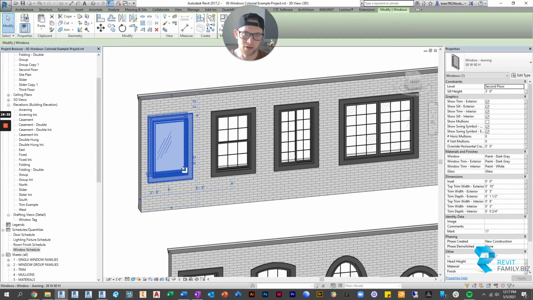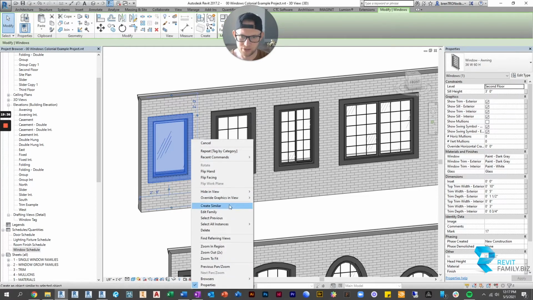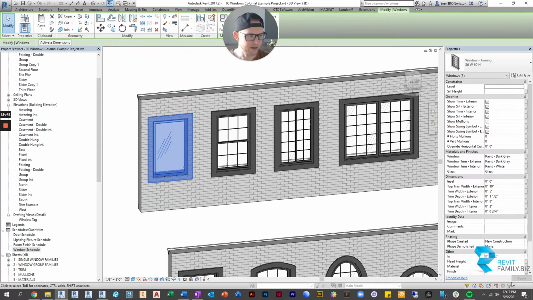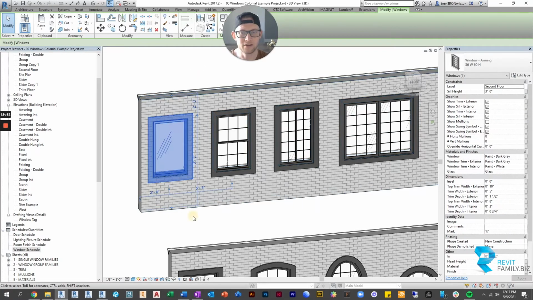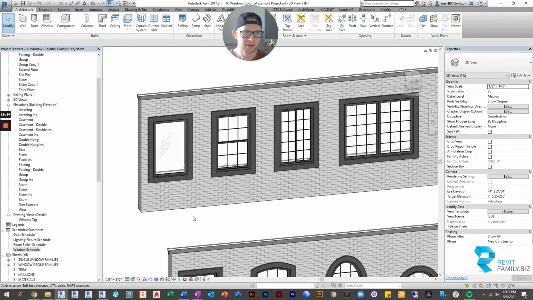If you go to an awning window and right click and do select all instances in the entire project, you can see down here it's selecting 3. I can still make that change all at once to all of the windows in the project, but still have the flexibility of just doing it to 1. So to me,